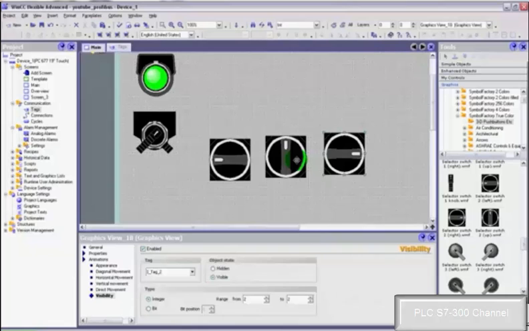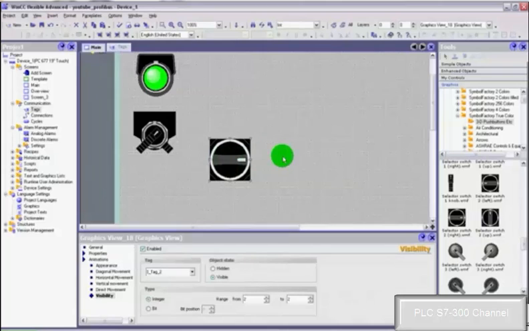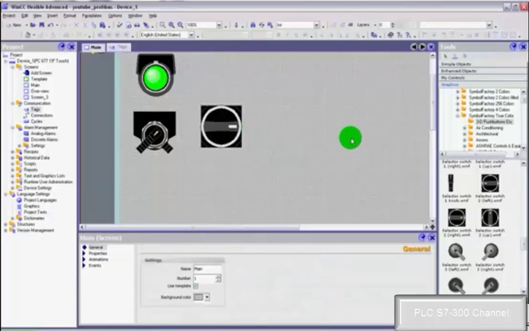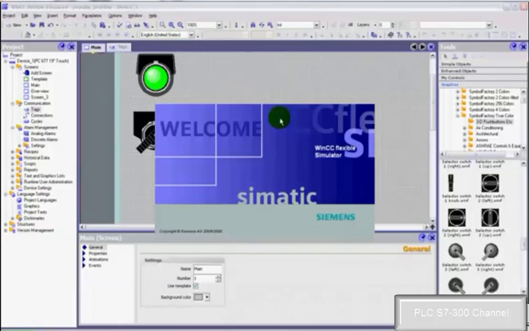Okay. Then place the switches as we did before over the top of each other. I'm going to move all 3 of them just here for now. Okay, now when we simulate it,